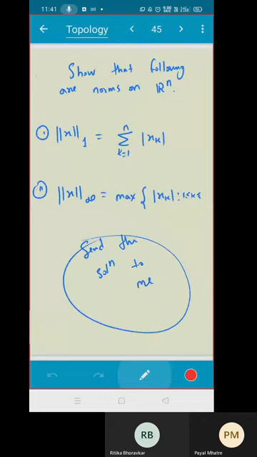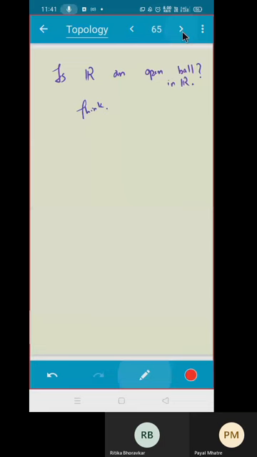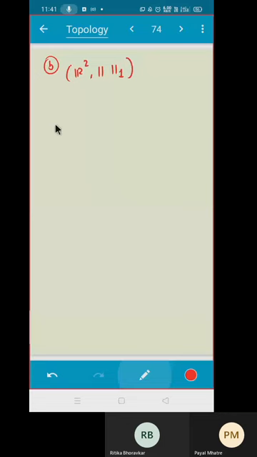What will be this? P01 here. It will be again x comma y belongs to R2, na? Distance, sorry, norm, na? Actually, that is distance only, but distance is written in terms of norm. Tell me, in the norm, what will this be? This will be same as just mod x plus mod y. That is less than 1.